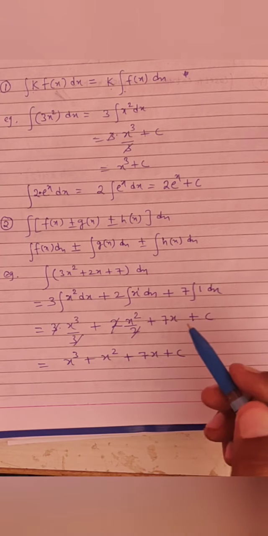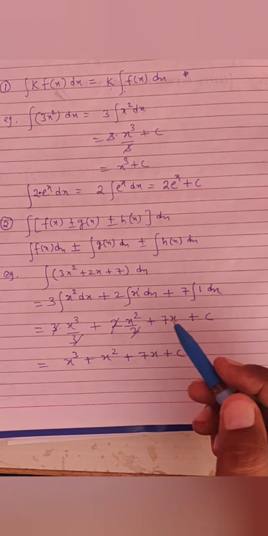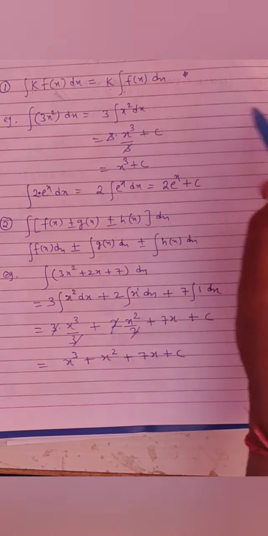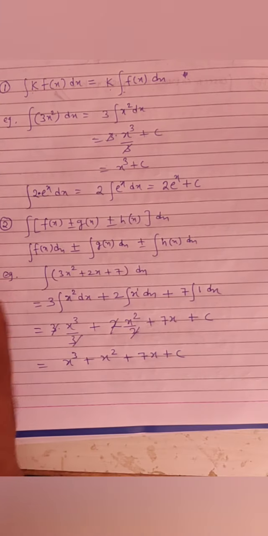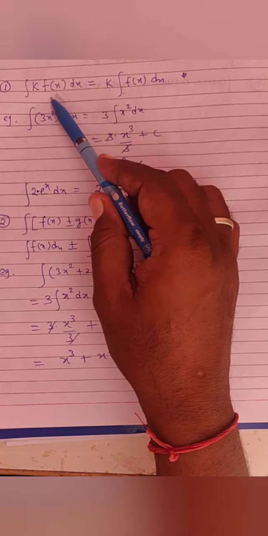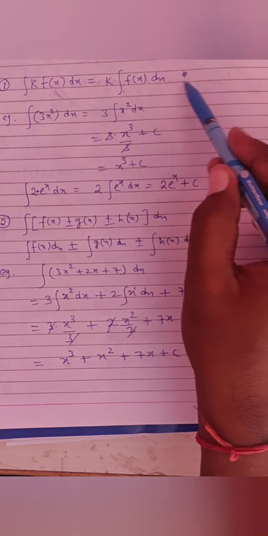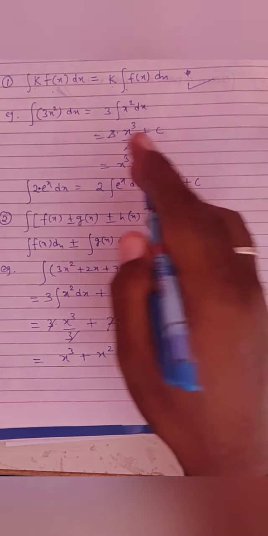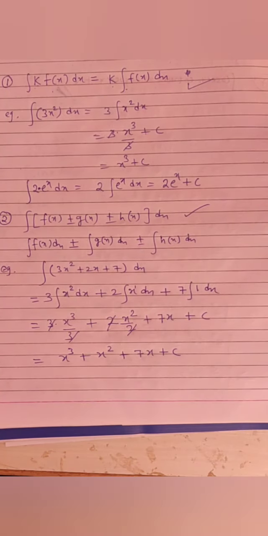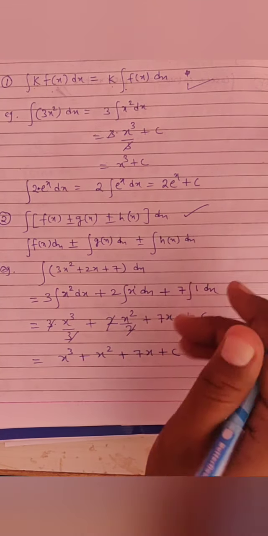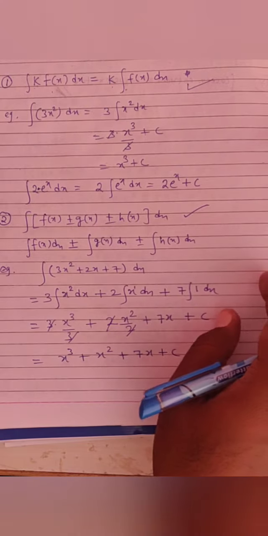So we have only two rules, simple two rules. The product rule is also there, and that will be used in specific cases, but you have to learn only these two rules. If you have constant into variable, then simply take the constant common and integrate the variable part. If you have plus minus terms, then separately integrate all the terms with respect to x, or whether t or theta. So composite rule is also there.